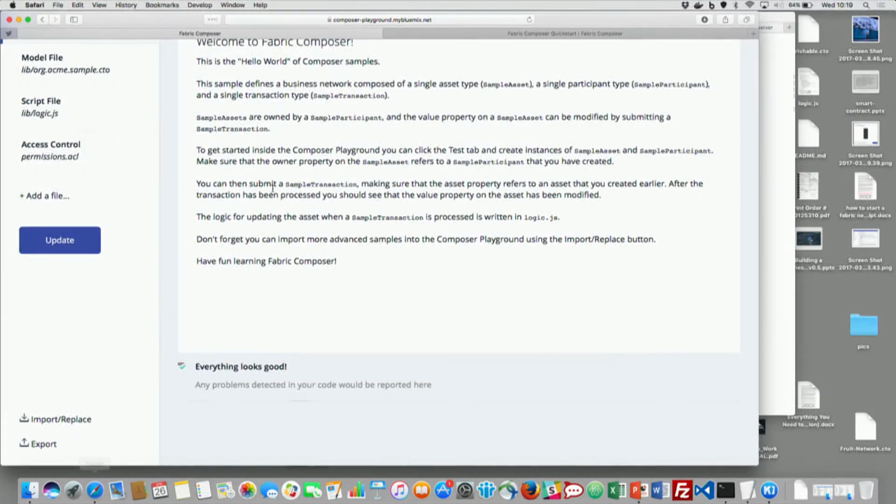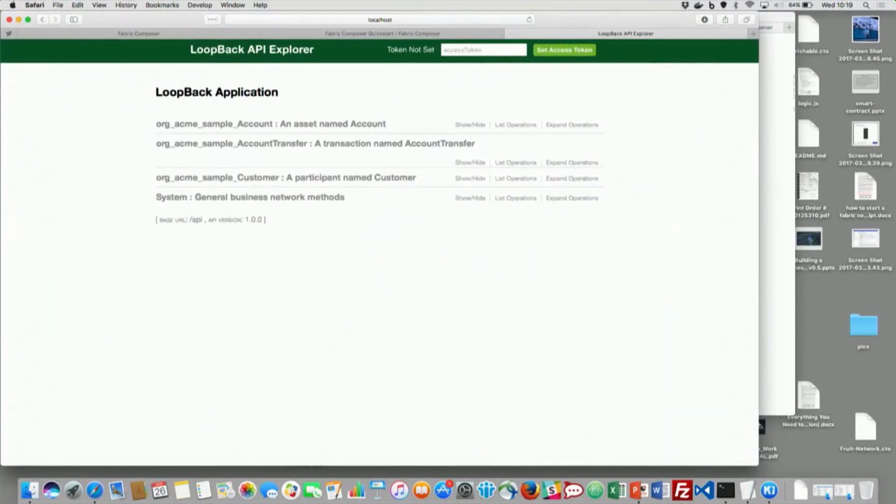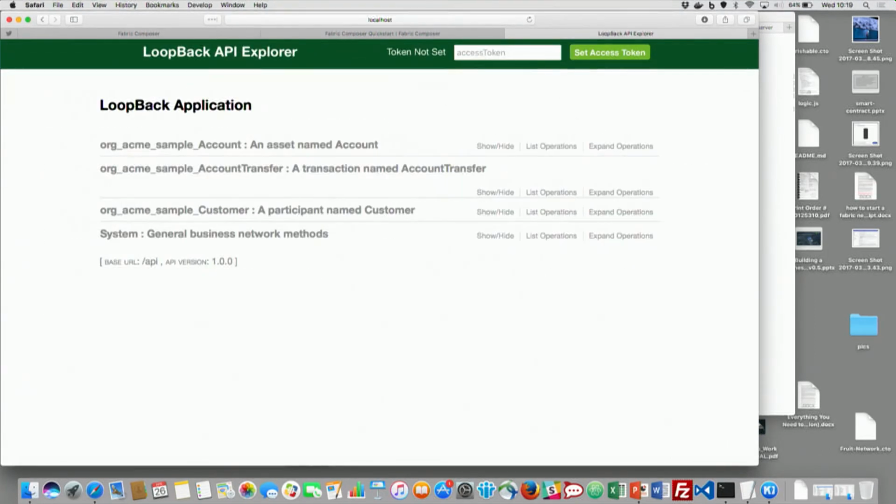So I'm going to open that URL. And what I get is the Loopback Explorer. Loopback is the open source framework that Composer uses to generate and manage its REST APIs. And you can see that